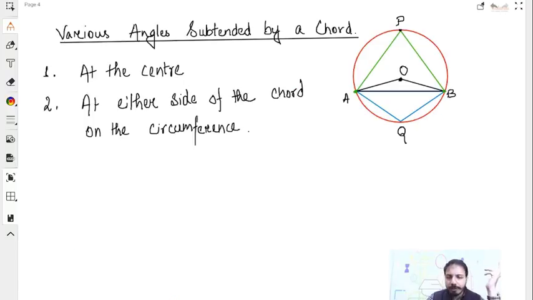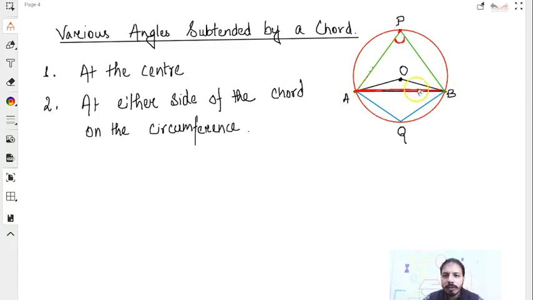If it bothers you, let me take just a few minutes to explain this. Suppose I have a chord, let us say this AB is a chord. Now this AB can subtend an angle at any point, right? For example, say P is a point. That means now I will draw a line up to P from these two points of the chord. So it will subtend an angle